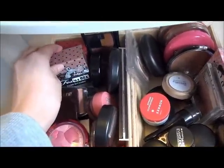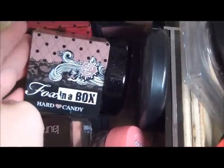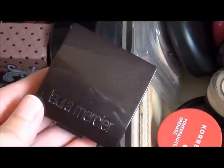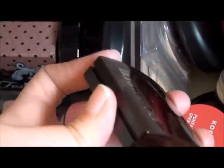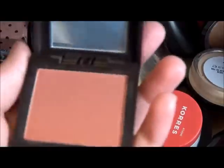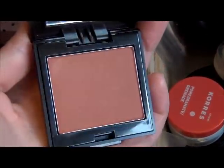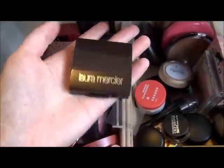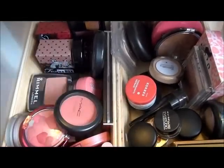A couple of the hard candy blushers way in the back, Fox in the Box. I have the pink one and this one as well. Oh, this is new for me, the Laura Mercier blushers. I just purchased one to test out, and I haven't used it yet, but I'm very excited about it. This will be my very first Laura Mercier color product, and her products always seem so sophisticated and luxurious, so